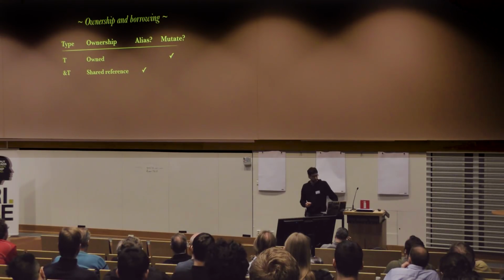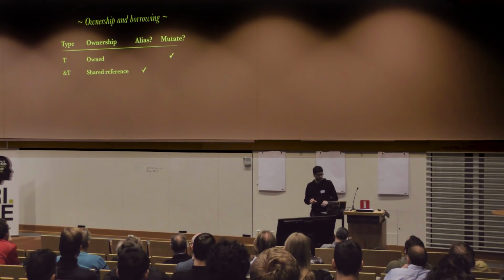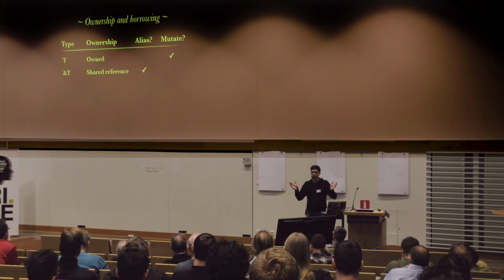And for that, in Rust, we call that borrowing, and we have two different versions of it. The most common one is this shared reference that we're going to see first, where you can have many different copies that all access the same memory, but none of them are able to mutate it.